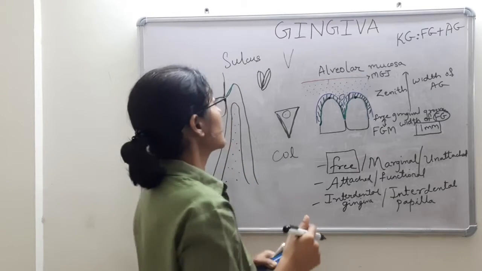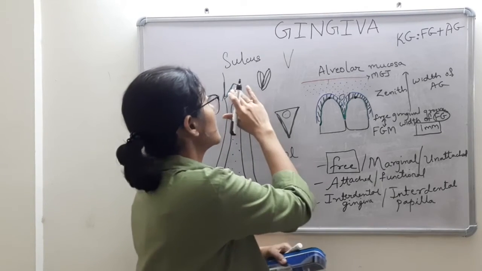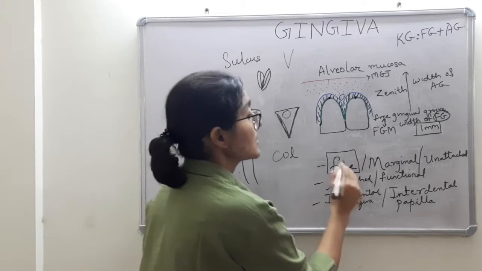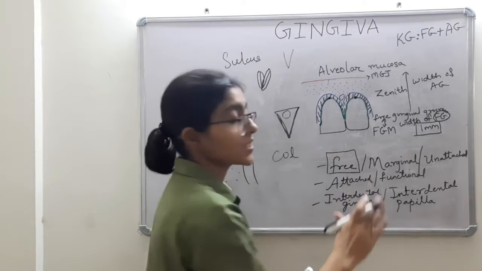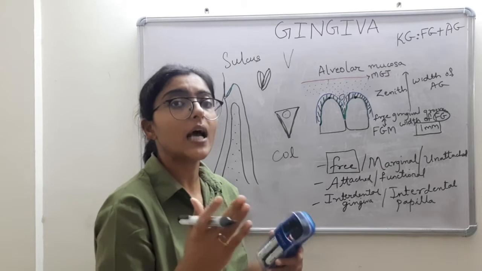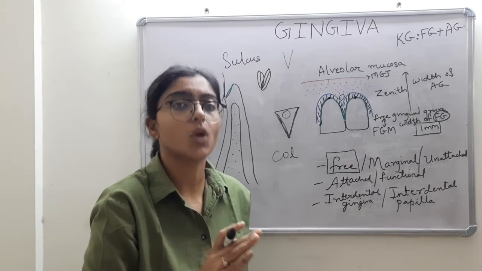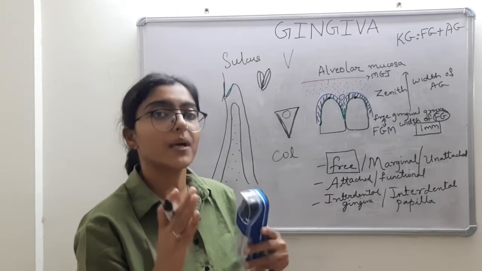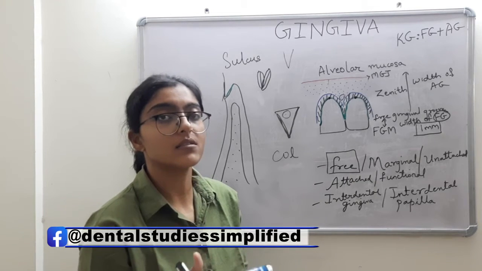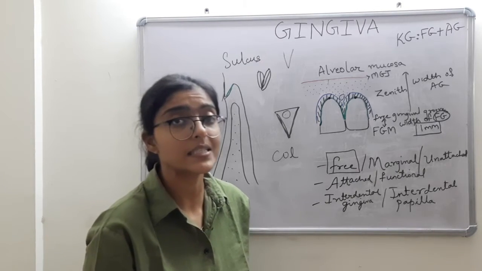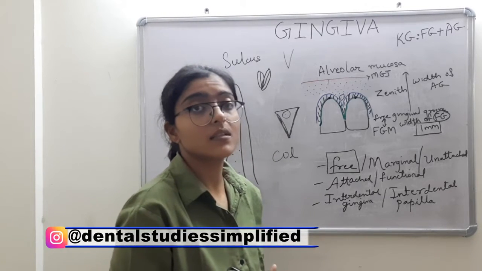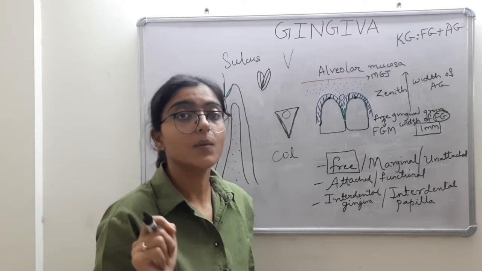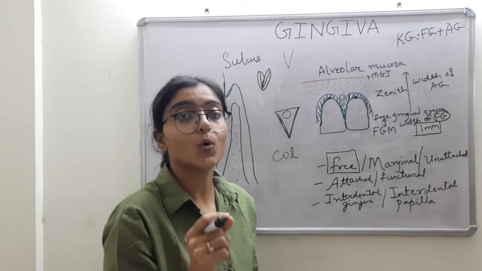Now this sulcus can be probed. I mean this soft tissue wall of the sulcus can be separated from the tooth surface, obviously because it is contributed by free gingiva. But in ideal or pristine conditions it's not easy to separate it, because there is hardly any probing depth in such cases. But usually in an otherwise healthy gingiva, or where there is a subclinical infection, this sulcus lining epithelium can be separated from the tooth surface with a periodontal probe, and that measurement is called probing depth.